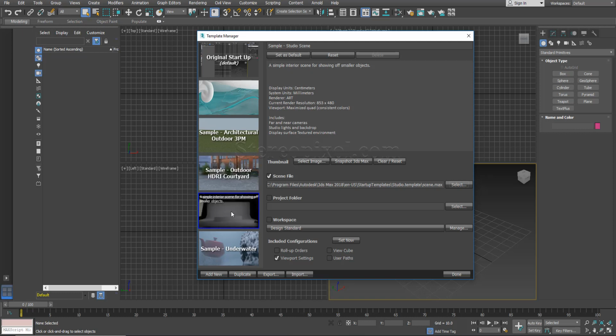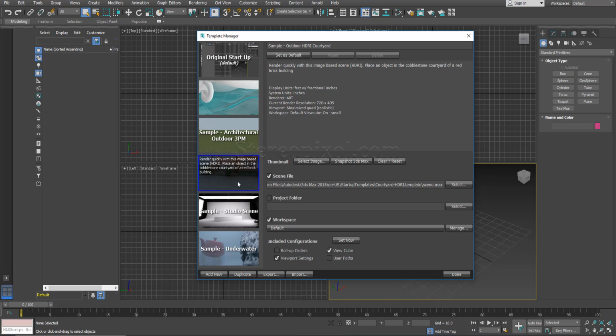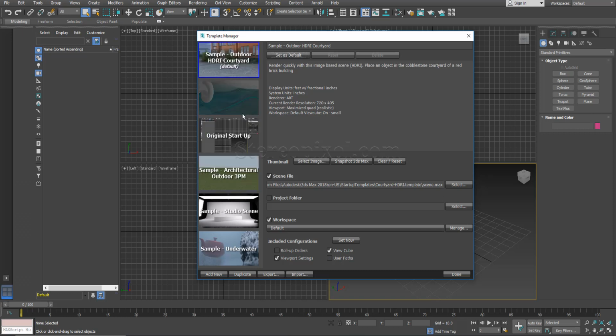Let's start with this sample outdoor HDRI courtyard, and click set as default. Immediately Max knows that this is the file it needs to open whenever I start up a new file or refresh everything. So I hit done over there